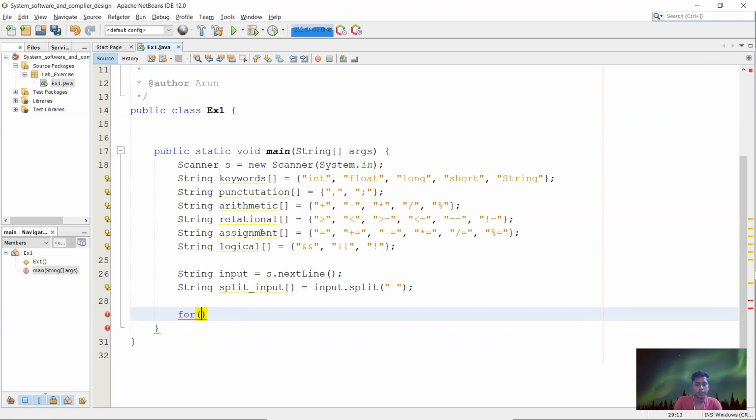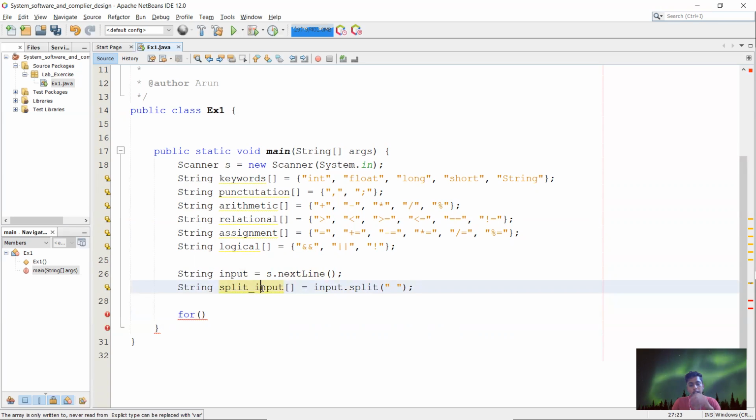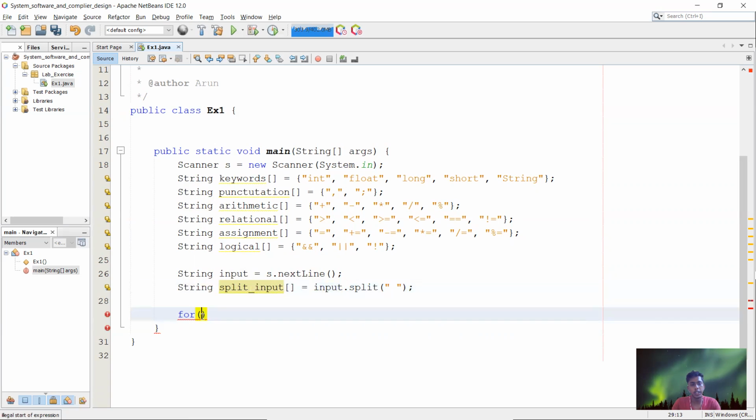That is, we can take a string value colon, and we can take the list. No, not that. First we need to take the split input. According to the split input values only we need to make this. Whatever you enter in that input will be the words we need to match.